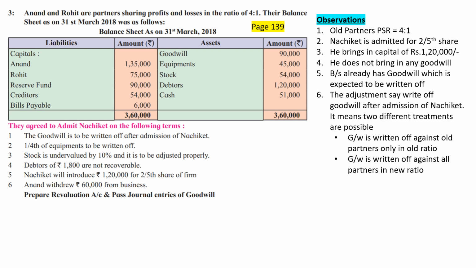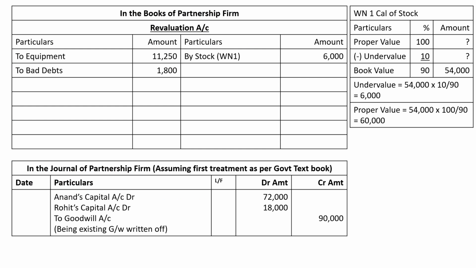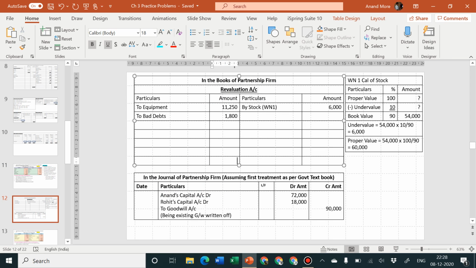I think all adjustments are over. So now what we can do is close the revaluation account, find out profit or loss, and transfer it to the old partners in their old PSR. Okay, so let us take the total. 11,250 is on the debit side plus 1,800 is on the debit side. 11,250 plus 1,800, that means the total of the debit side is 13,050. Please make your own totaling. Do not depend upon me. The more you calculate, the greater the chance that you will have more command over the problem in the examination hall. So the balancing figure is